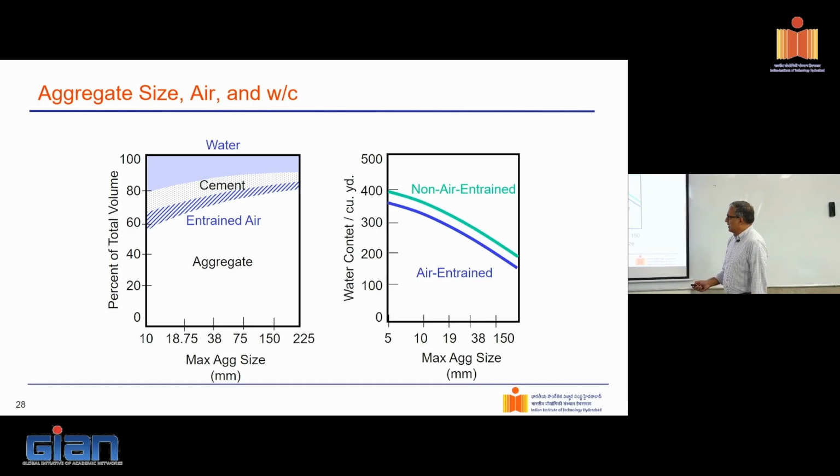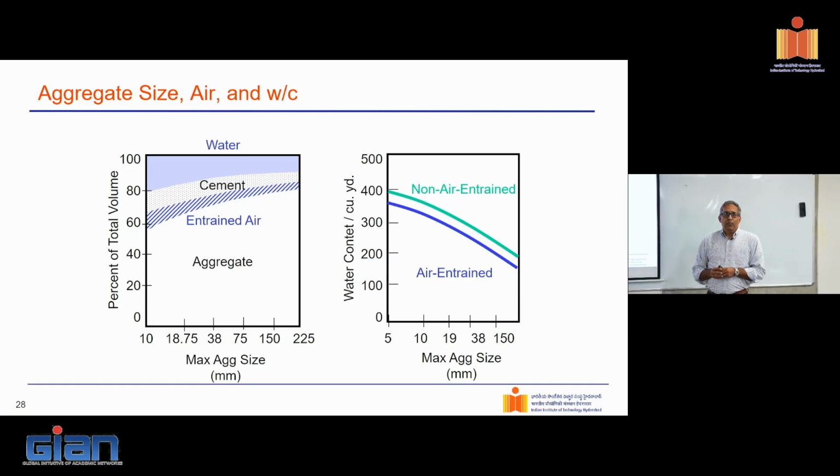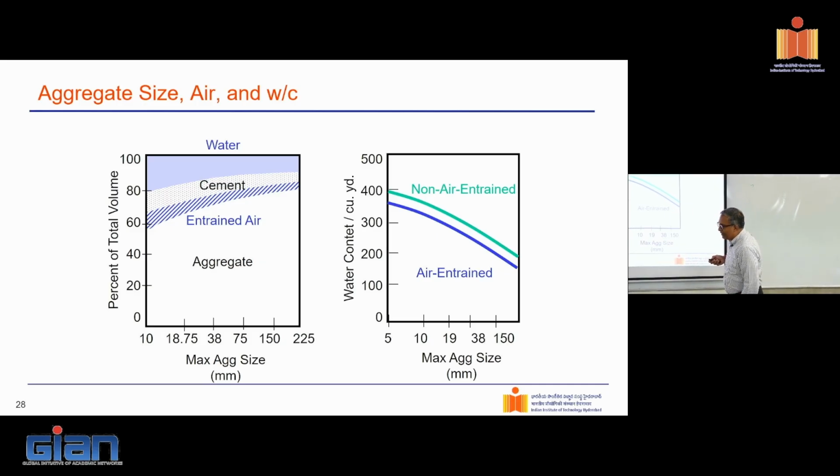Then why is it that we don't use this in our normal construction? Most normal construction is done with this one here, which is 20 millimeters. Why? Sorry? Because we have to fill a form. Most of our structural members are slender, or basically thin. And if I consider a 200 millimeter thick web of a beam and try to force fit a 150 millimeter aggregate, it's just not going to go there, right? So I have to pack it. That's the reason why we are sliding down this path, because we are making our members smaller, thinner. And as a consequence, what's happening?